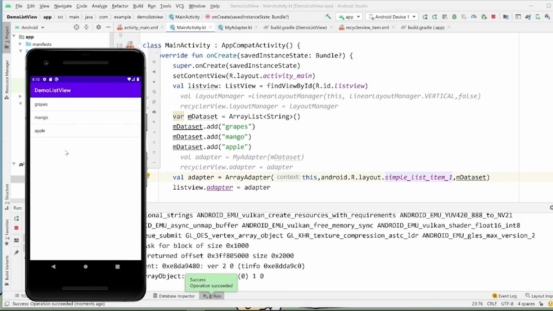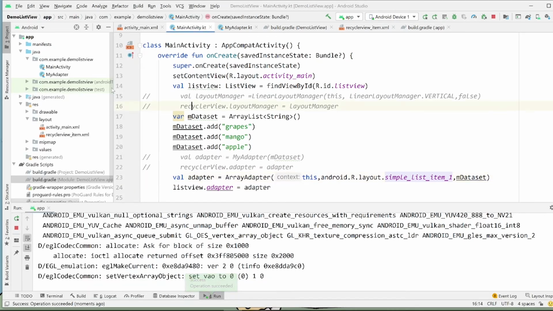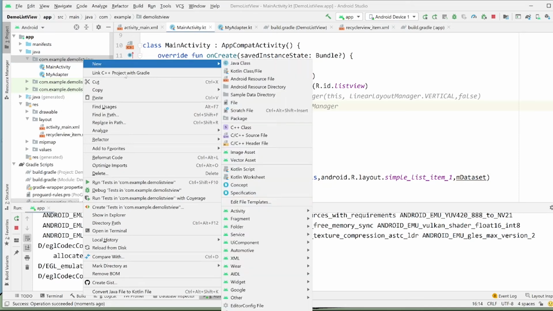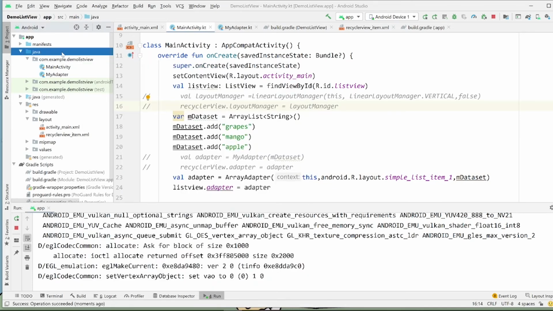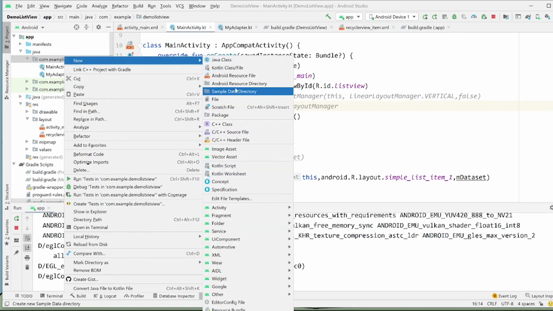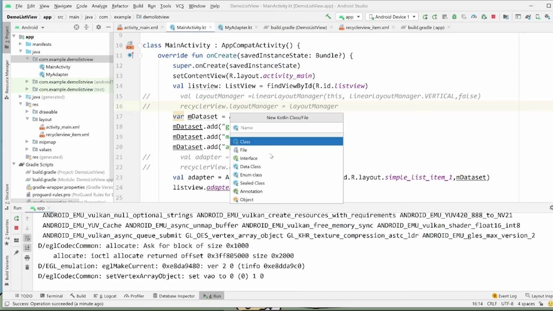Okay, yeah, now we have a list view looking like this. I'm also gonna quickly show how to create a data class. So you go to the Java folder, and then you right click, new, Kotlin class, and then there's data class. Let's say I want to create a data class, Student.